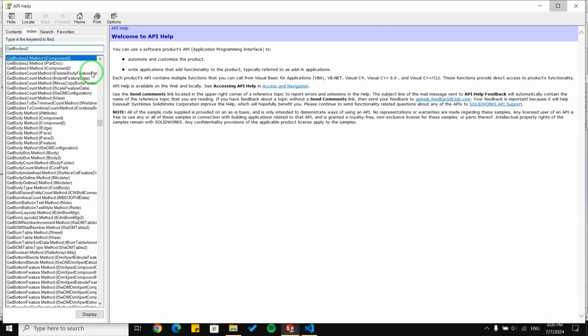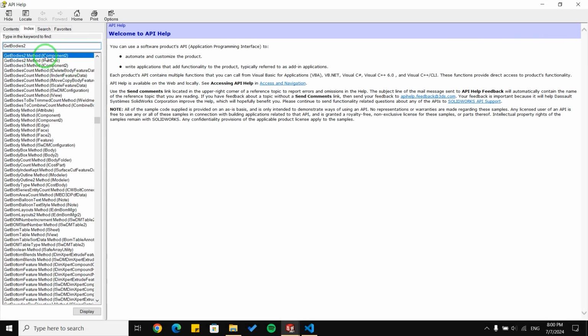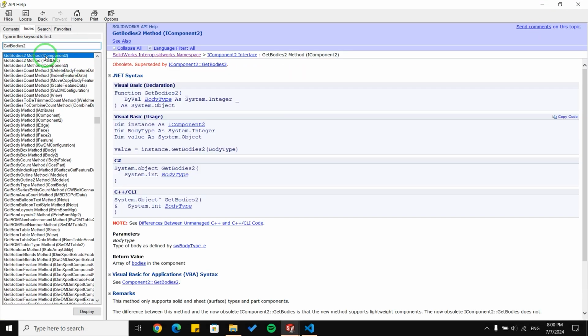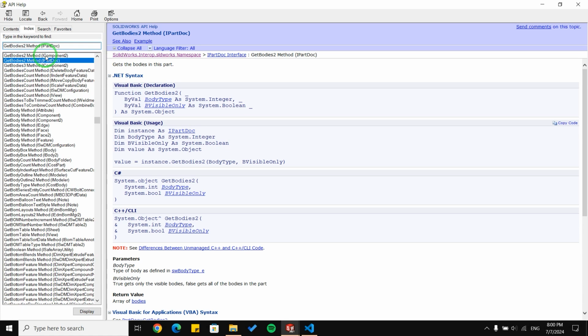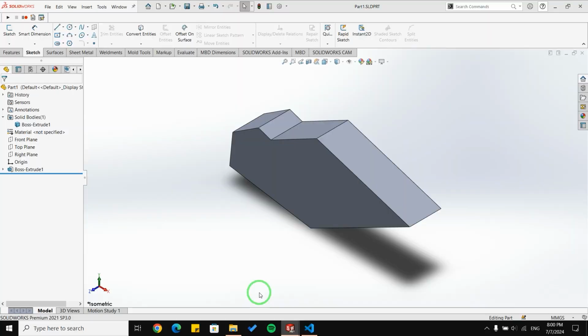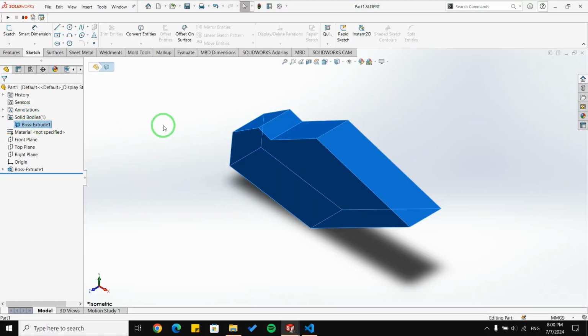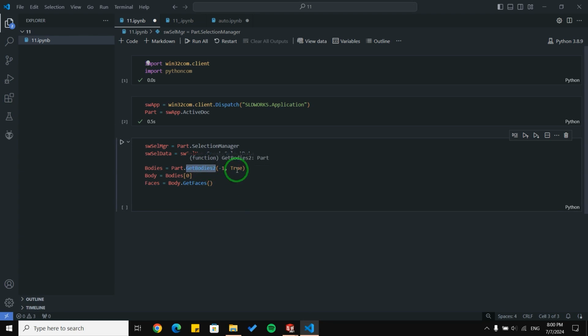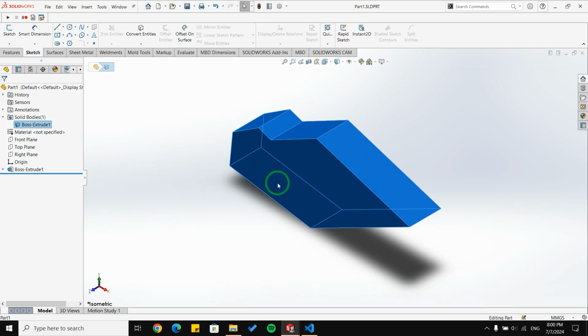In the API help, we can see it gets the bodies in this part. So for example, in this document, we have just one body, and using this function GetBodies2, we are able to get this body as an object.